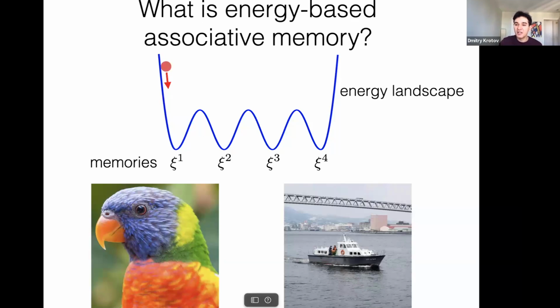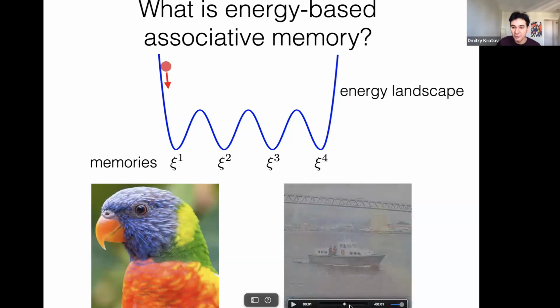And essentially, the important aspect of this computation is the following. First of all, this computation is highly collective. What this means is that the computation is not done at the level of individual neurons or at the level of individual memories, but rather it is done at the level of the whole network. To visually illustrate this, I'm going to drag the slider for this last video back and forth. And hopefully you can see that in the background of the boat, at some point you can see a shadow of the same bird that is located on the left. And that is exactly the collective aspect that I'm trying to illustrate here.